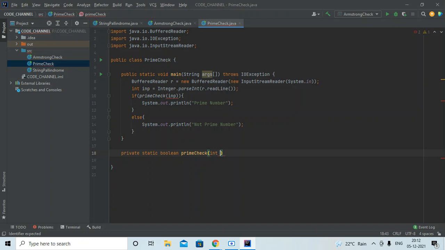Okay, it takes an input of a number. Let that be a, suppose. Now we will check by approach 1. Approach 1 would be count equals to 2. If we check the count of the factors by running a loop from 1 to that number, and if it's 2, then it would be a prime number.